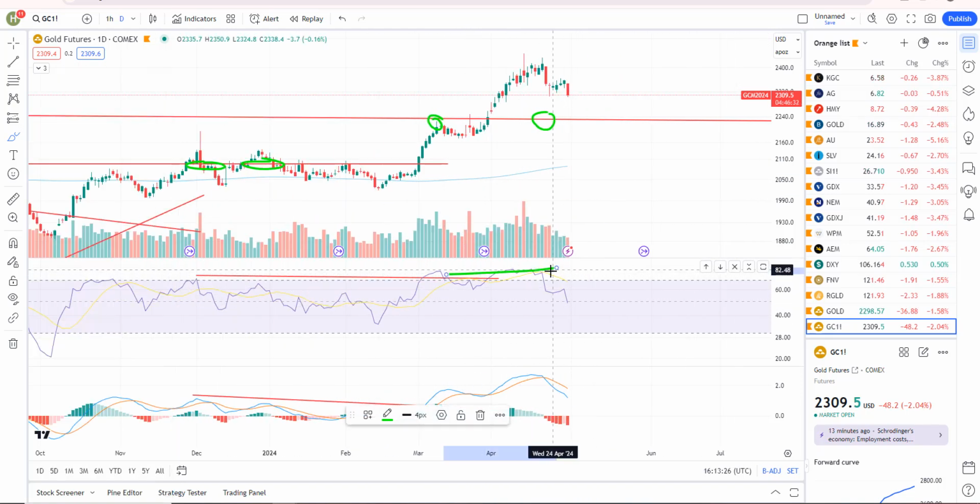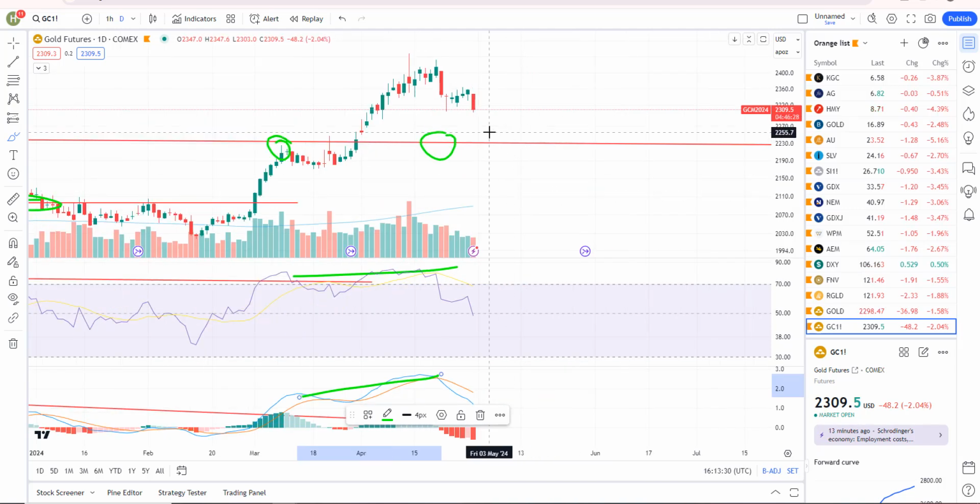The momentum's strong. I don't have negative divergence in momentum. So we're seeing a pullback. I think we probably will pull back to the point of the breakout, and it probably will dip below a little bit, run some stops, but in general kind of chop around in that area and hold. So that's the area where I'd be more interested in being a buyer down there.